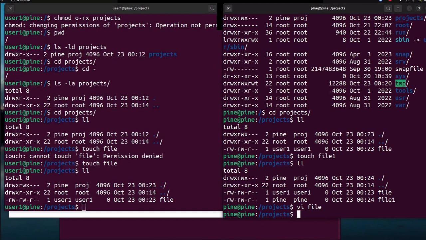for this owner, user1, pine is in others. Clear? And for others, it's only read only. Similarly, with respect to this file1, this user1 is also other, right? That's the reason. But if we give both the groups as proj, then it might solve our problem